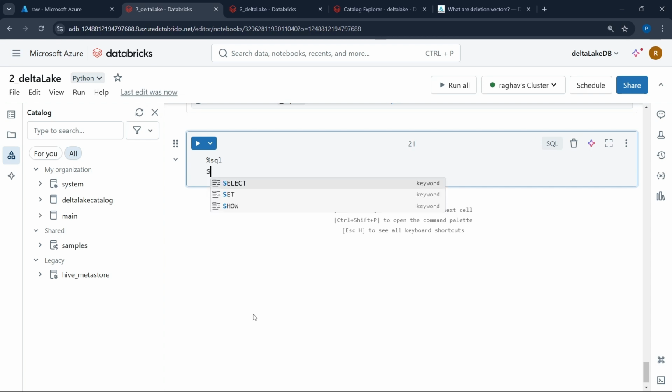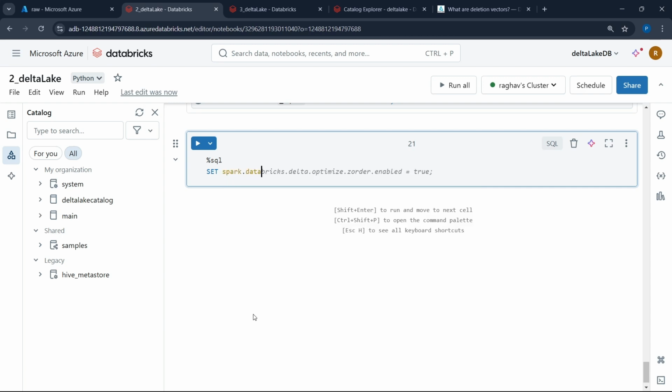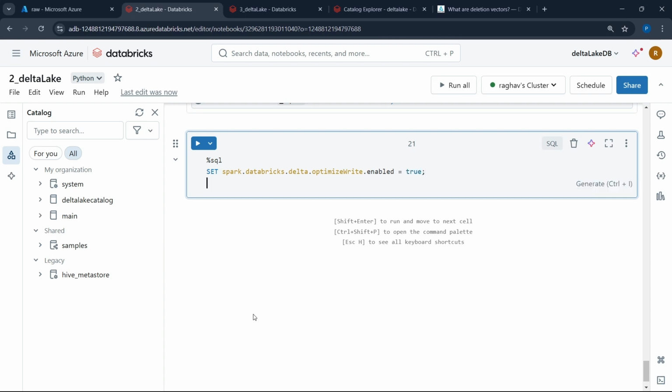Let's give set spark.databricks.delta.optimizeWrite.enabled. Okay, it's not Z order by, we have to give optimize write enabled, and we are going to give this as true. And in the next line,